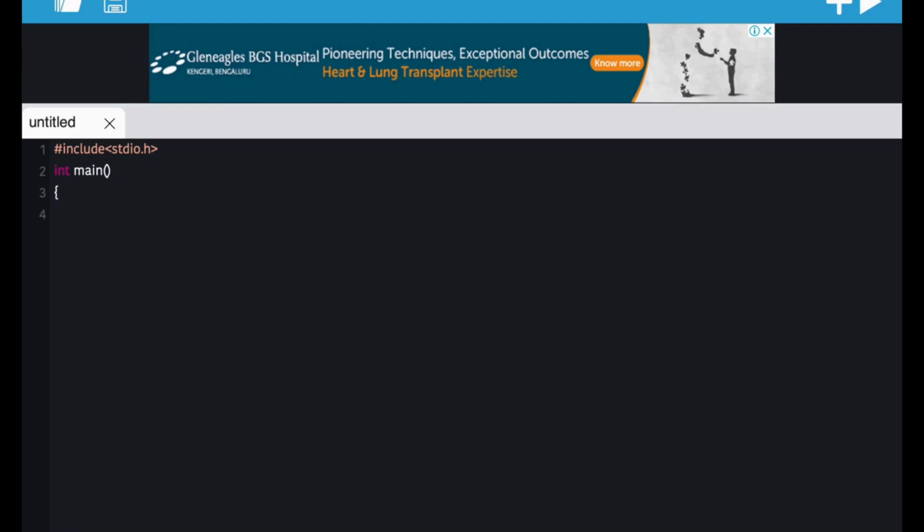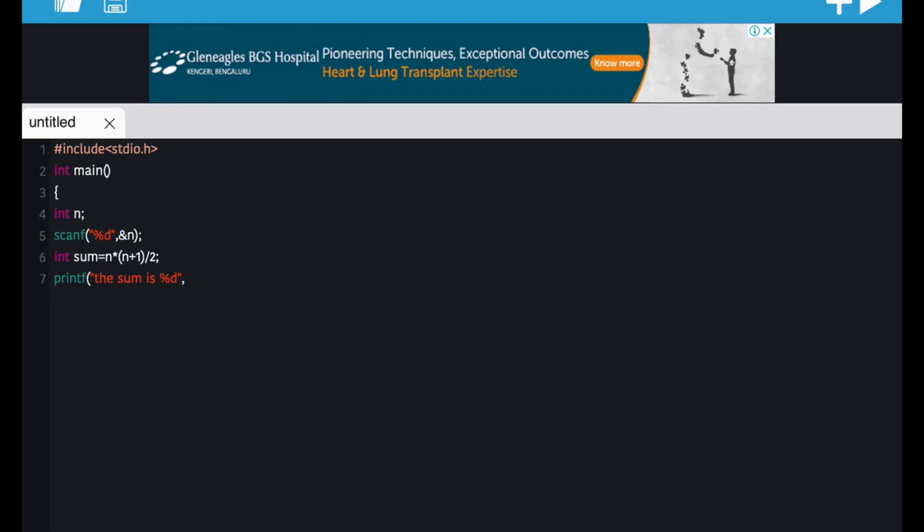In this C program, we are calculating the sum of the first n natural numbers using a simple formula. We declare an integer n and take the user's input using scanf. Next, we calculate the sum using the formula n * (n + 1) / 2 and store the result